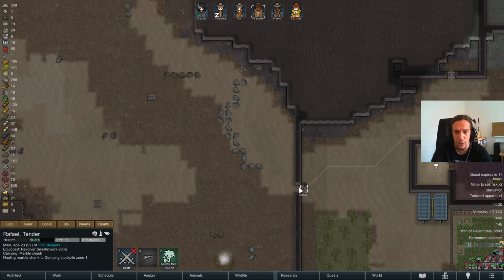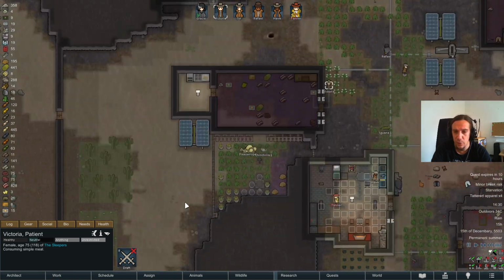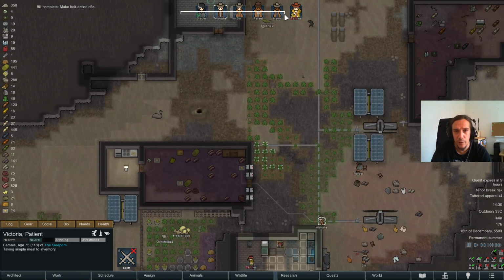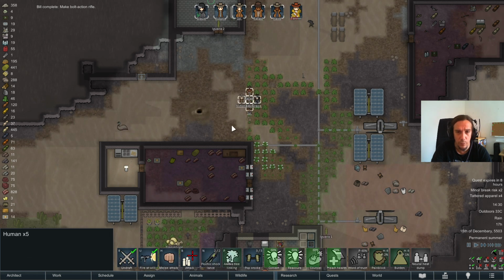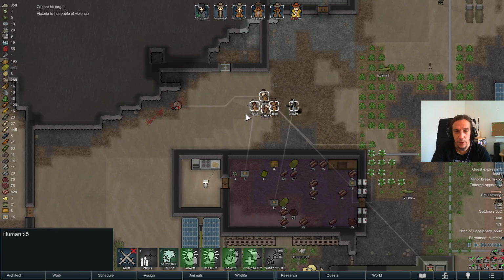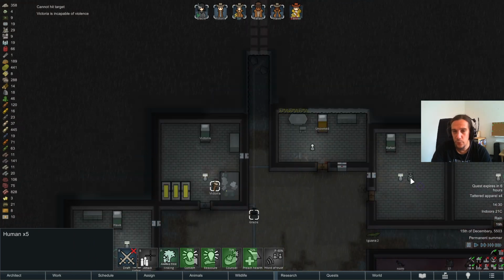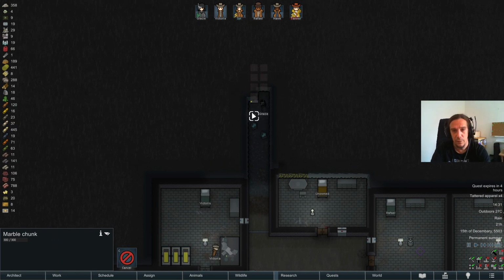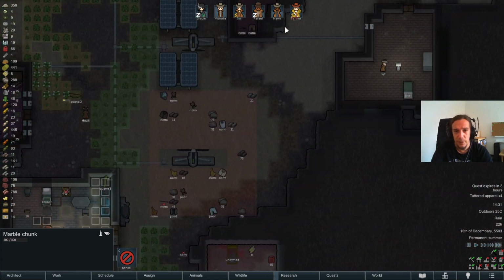Starvation. I don't want to deconstruct that door. Victoria, come on, eat something. You don't need to starve. Okay. So that's been dealt with. I'll now gun down that emu. Because I wanna eat it. Off in the pot you go. Sir is hiding in her room. Oh, we still have a lot of mental breakdowns, sadly. But it should grow better in the passing of time. So...